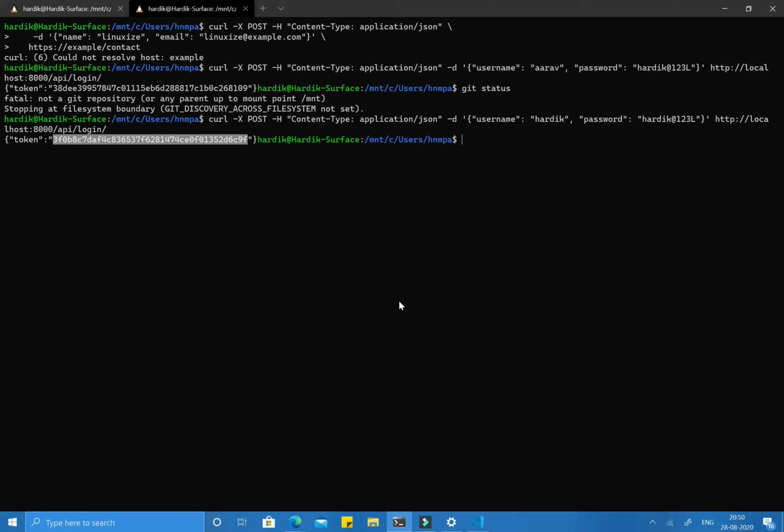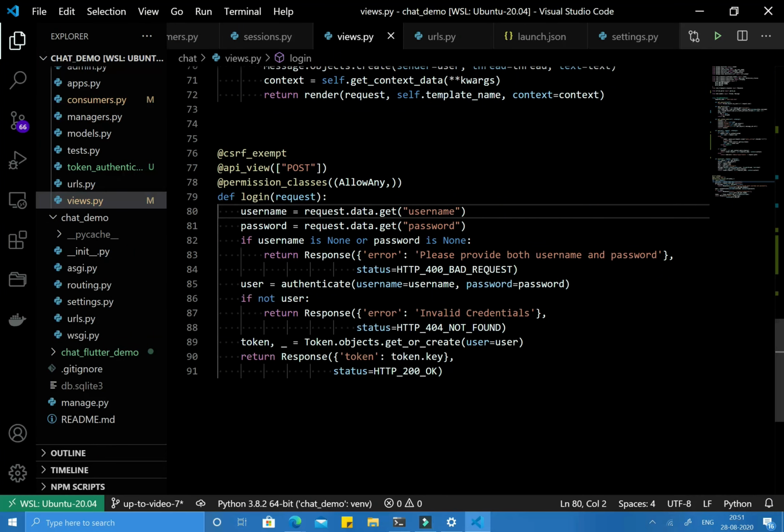Our application is working fine, and the chatting is working fine, similar to session based authentication, right? So now token authentication is completely done. Now we are going to use the token, but how can we use it? There are two parts we need to do. First part is our chat.html